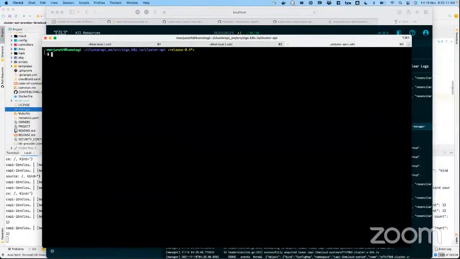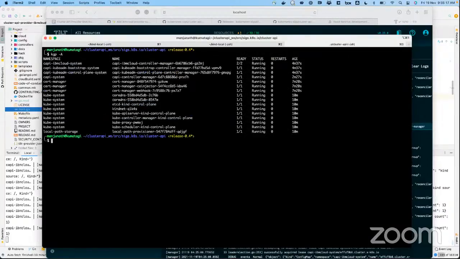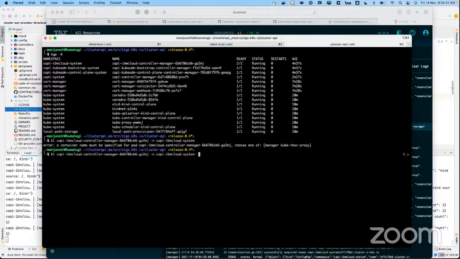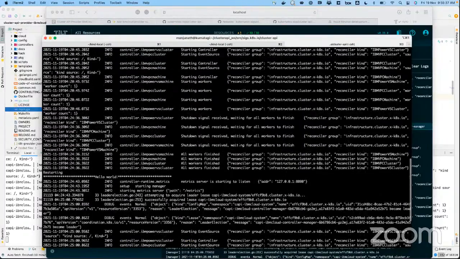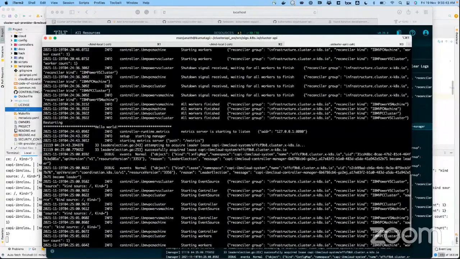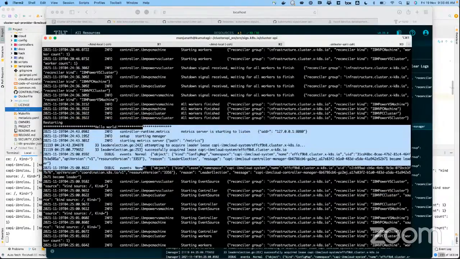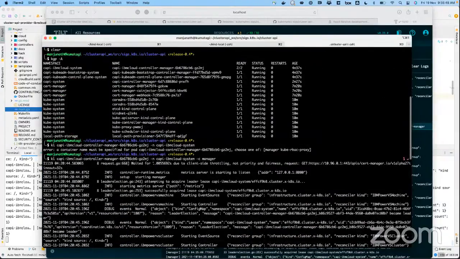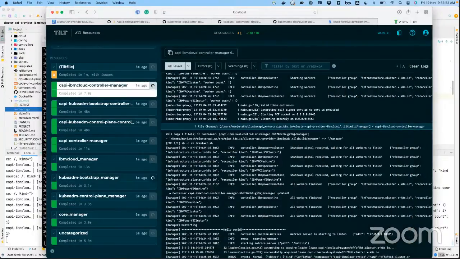Right, so the controller we have seen here is, if I do kgp -A, this is your Kubernetes client cluster where your controller is running. You can also see those logs that I was showing you, with kubectl logs and then the namespace, of course. This is the main headache, right? Most of the time you'll end up doing this -c and then whatnot, which is a pain. But here you can see the pod logs.